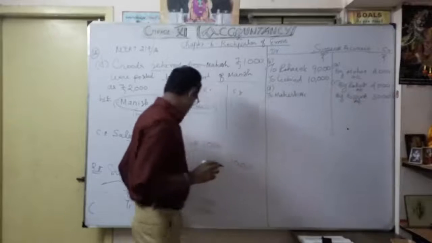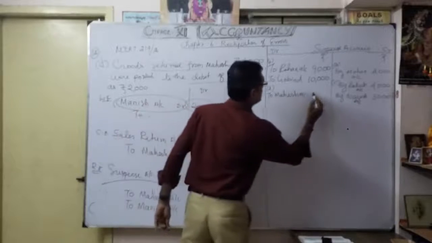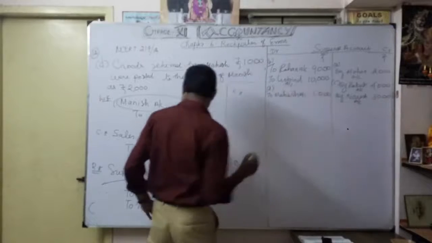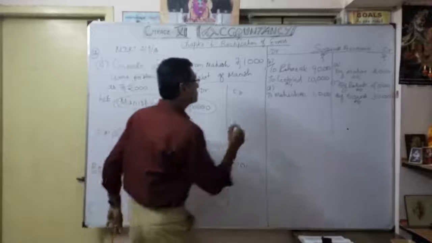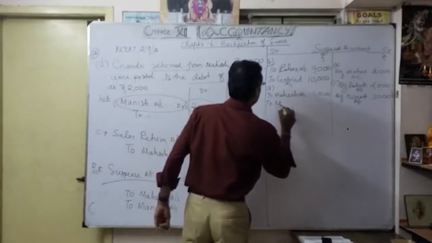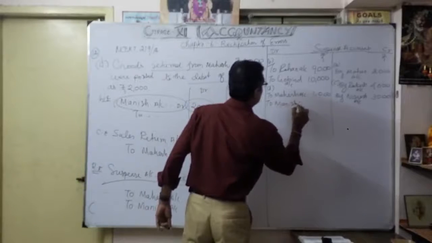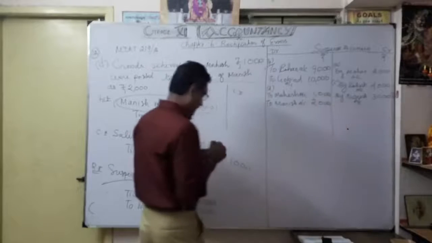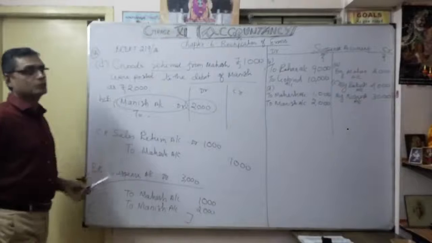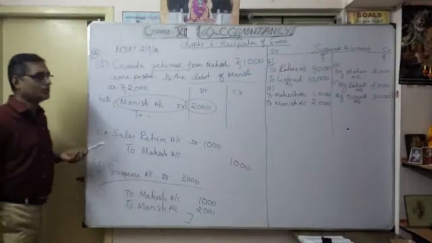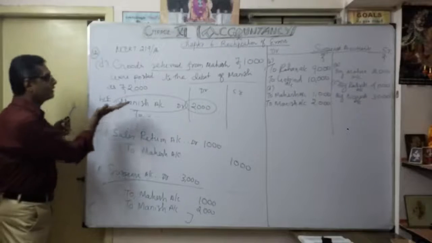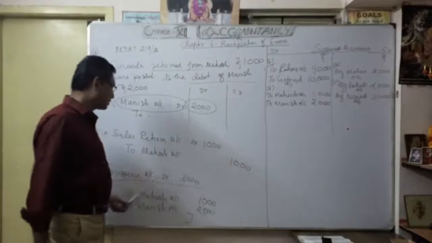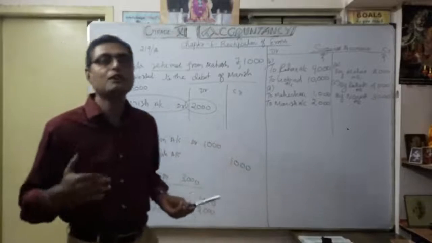See, to Magesh account 1000. Write properly, 1000. Okay. Thereafter, to Manish account 2000. To Manish account 2000. You understood now transaction D, how you are going to rectify. You should be very careful. Here you write the correct entry, then you understood the wrong entry because of one-side error. That's what I have written like this, so you can understand easily for suspense account.